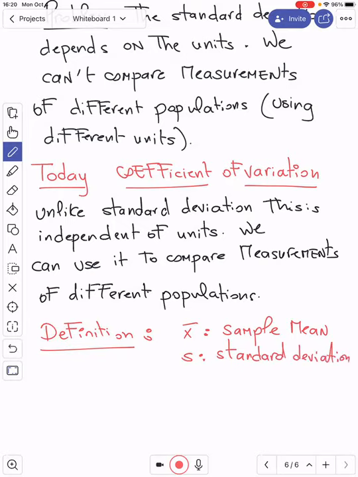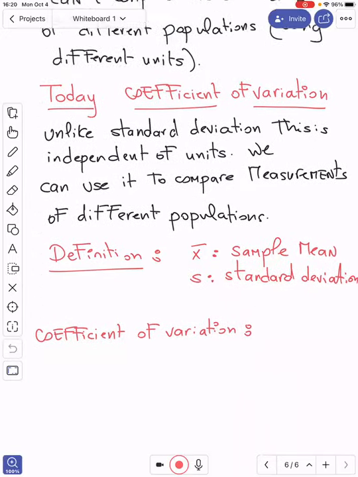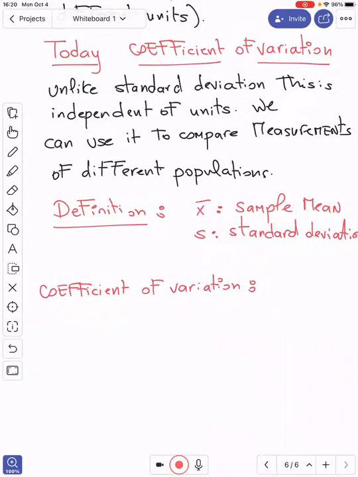Then the sample coefficient of variation. So I'm going to denote the coefficient of variation by CV, C.V., which stands for coefficient of variation. So that will be equal to